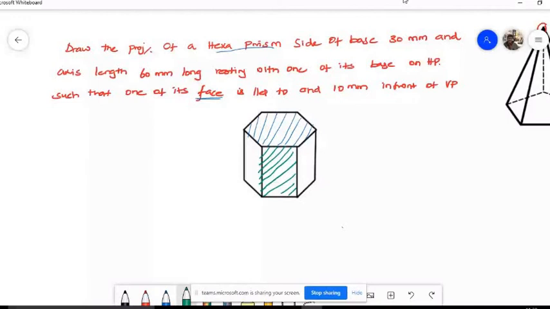Okay. And on the circumference, it will have longer edges. So these are called longer edges. I mark with red color. It will have 6 longer edges. Okay. So the resting conditions may be given with respect to any of these terms. See, in this question, they said one of its bases is on HP. So for instance, if I'm taking this as my HP, it is resting on HP. Let's assume this as my VP, okay?